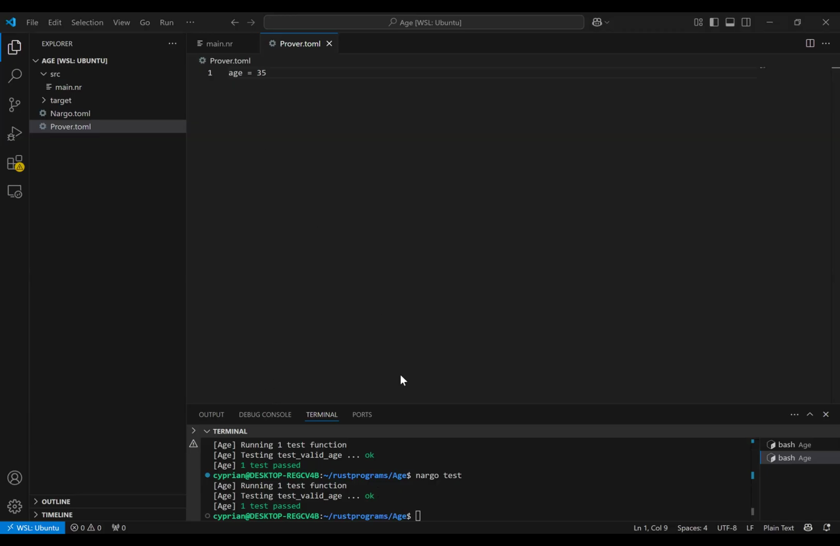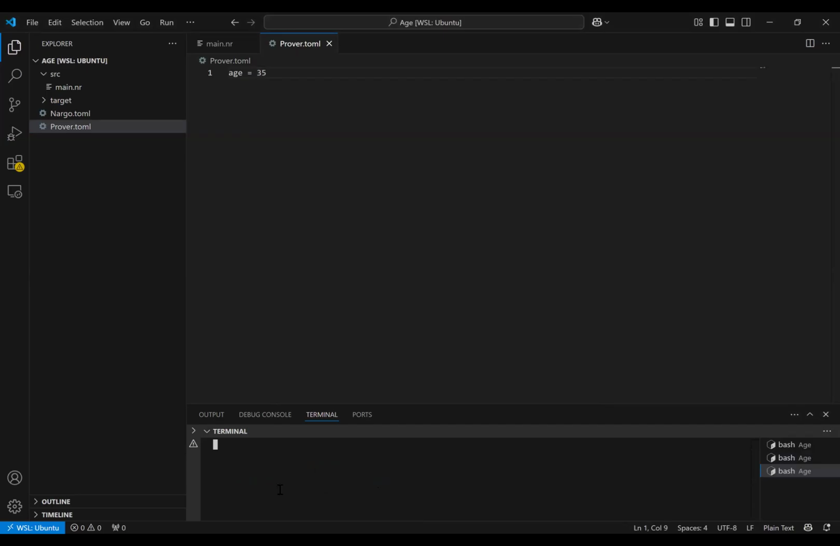Okay, so for us to automate our proofs, we want to automate the generation of proof, verification, key generation, and so on. Those are what we want to automate. So we'll have to create a directory called scripts, and inside that directory is where we shall store our commands for proof generation, verification, and